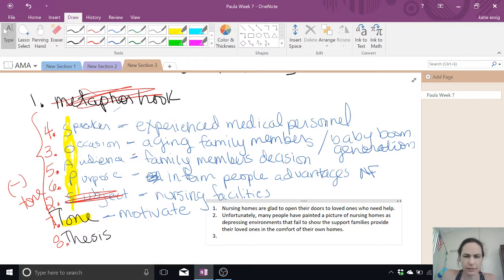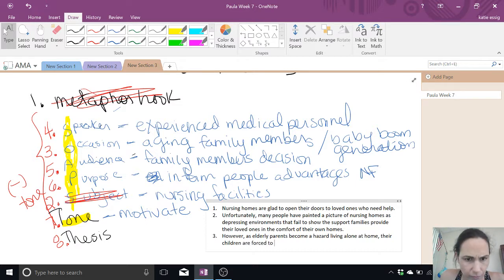Let's see, something about, however, as elderly parents become a hazard living alone at home, their children are forced to put their parents in a nursing home